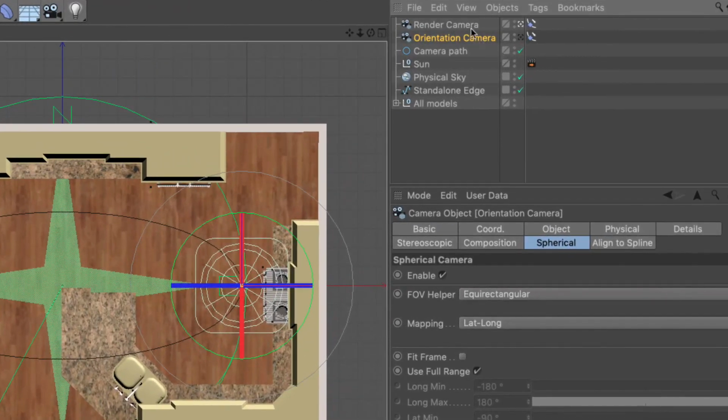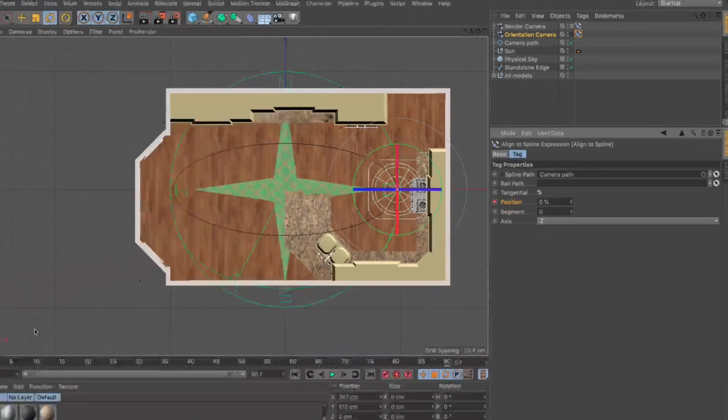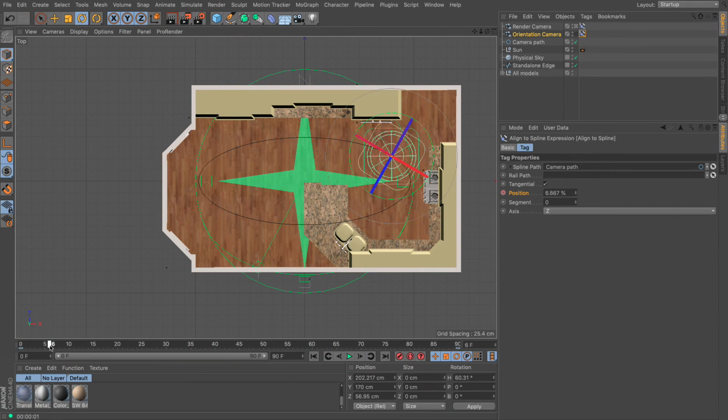So this is going to provide the render. That's what we're going to render with, and this is going to provide the actual 3D data. So for this to work properly, I need to go here and select tangential. Now when I do this, you will see that when this starts animating, let's go and see where our camera